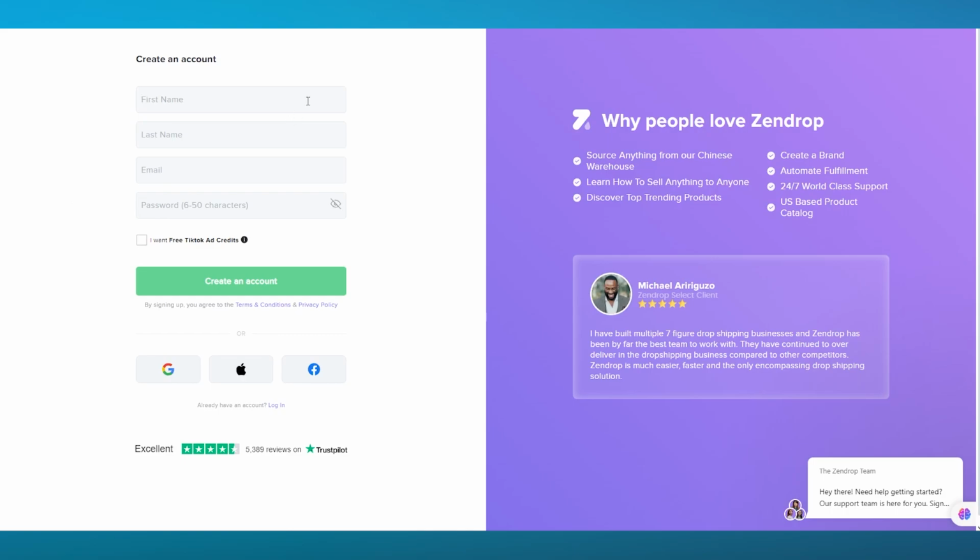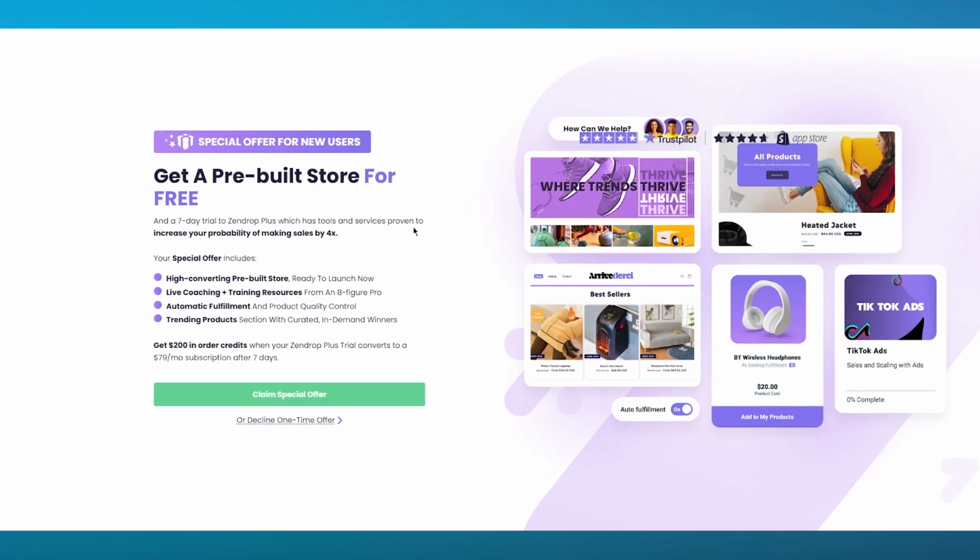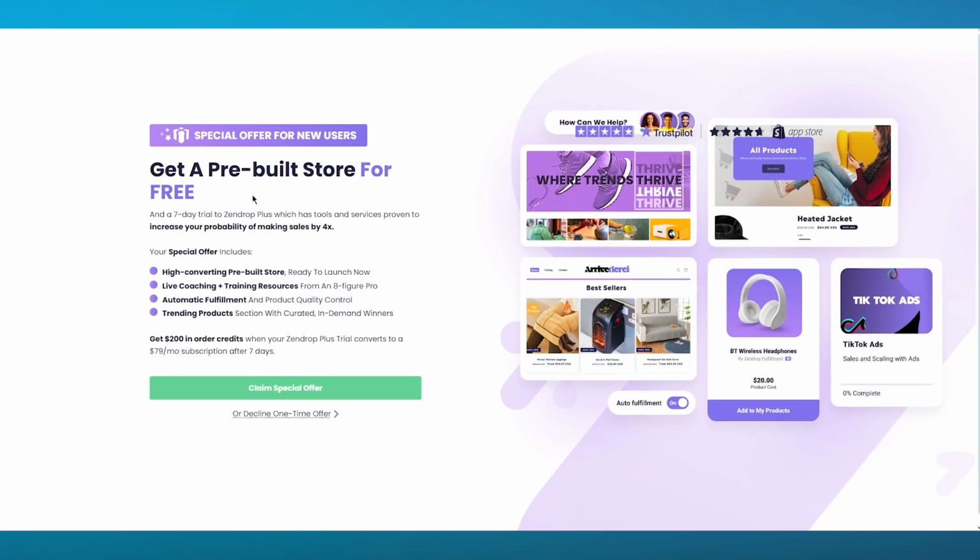So I'm going to copy this up and we're going to go ahead and write in our name. Once we do that, I'm going to add in my email. And once we have done that, we're going to go ahead and enter our password. Now, once you've done that, you're going to click on create an account. And after clicking on create an account, Zendrop basically brings you to their upsell page where they say get a pre-built store totally for free. Okay, you can claim the special offer, but I'm going to go ahead and decline it